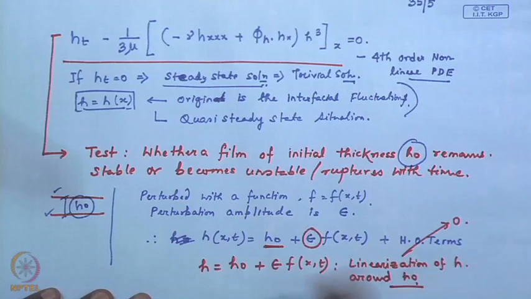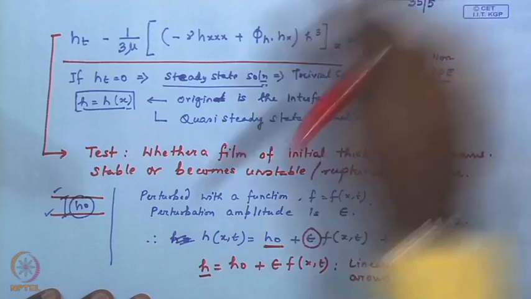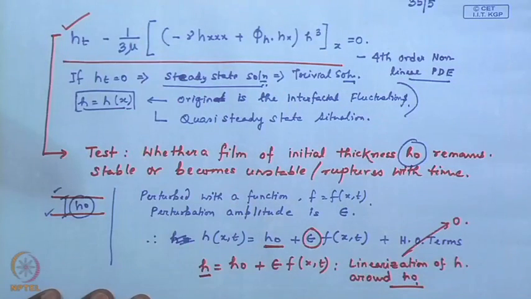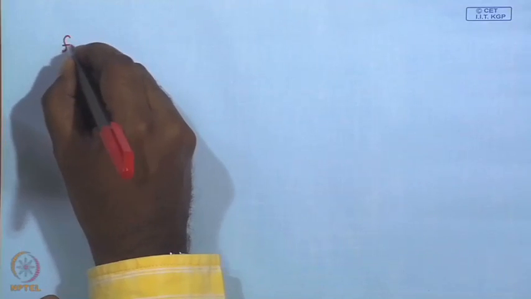And therefore, if we now plug in this value of H into the equation here, H0 is essentially a constant, and epsilon is also a constant. So, f is a function of x and t. So, this equation now in the linearized domain transforms to